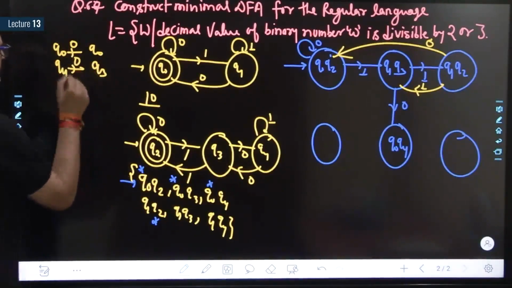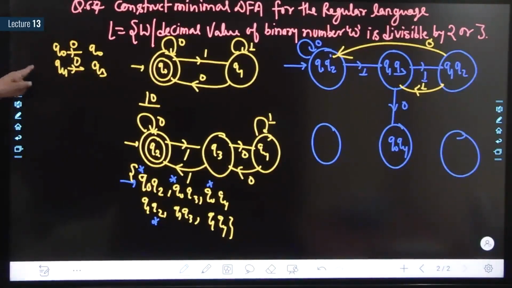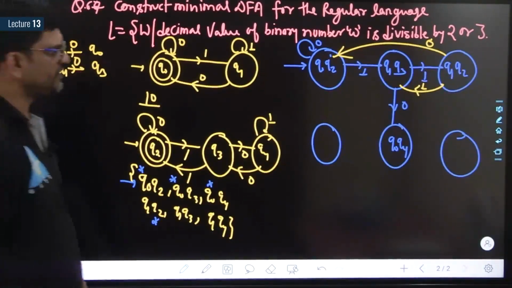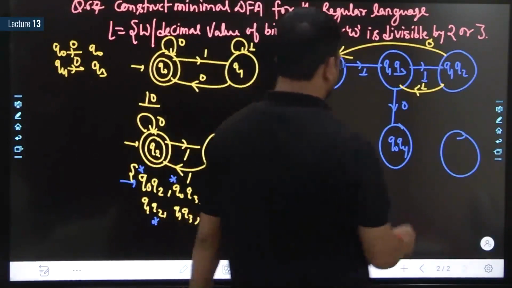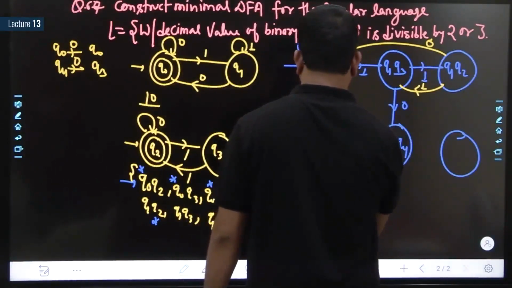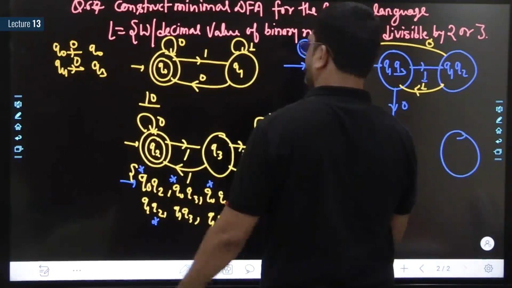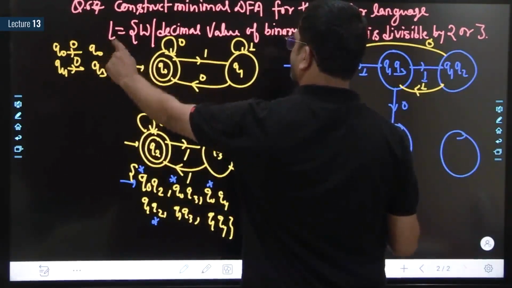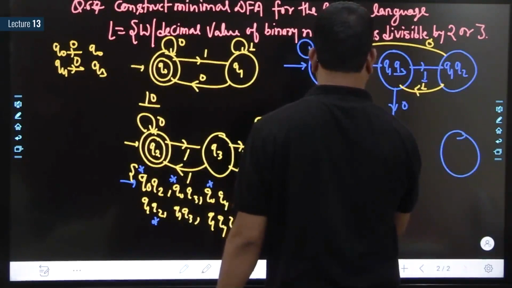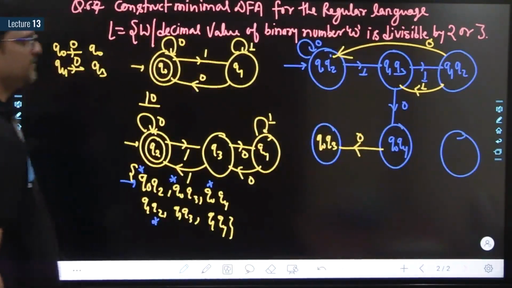Q3. So Q0, Q4 on 0 goes to Q0, Q3. We don't have Q0, Q3 yet. This is Q0, Q3. Q0, Q4 on 0 goes to Q0, Q3. Okay. For 1,